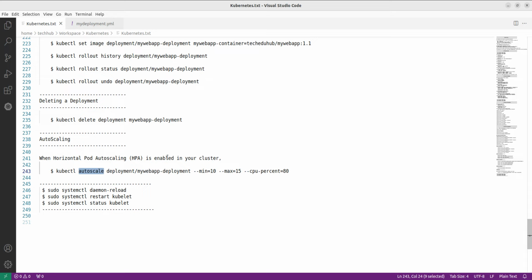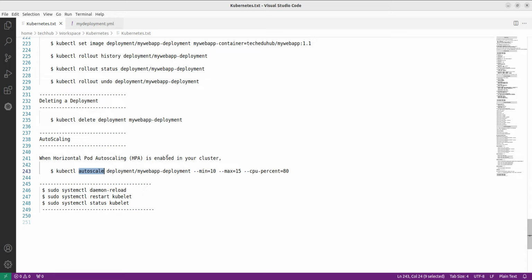Suppose you have 32 GB RAM and 16 core processors, and whenever the load is reaching 80% or 90%, you don't want to put more burden on that node. So what should you do in that case? You must create another